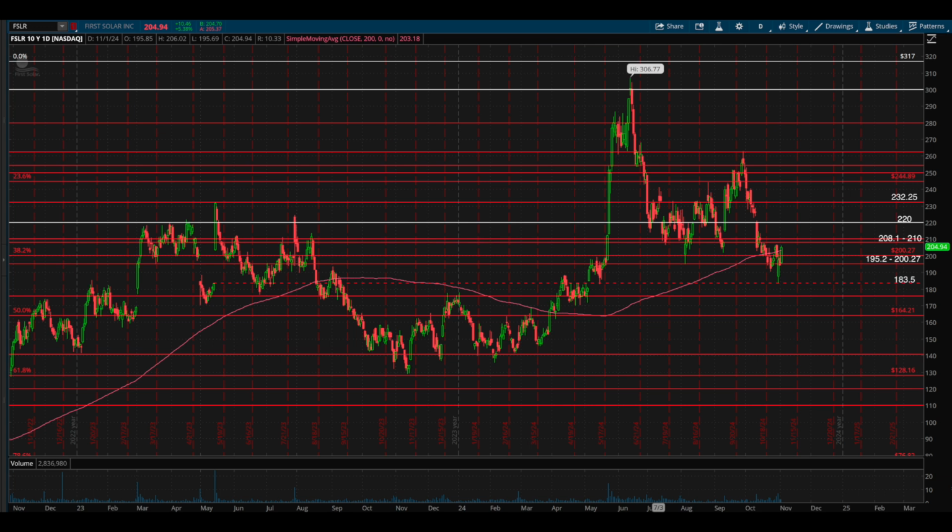My take is, though, if Trump wins, it will be a buyable dip, and I would not be surprised to see a dip and rip type move post-election. The key supports to watch below would be the 200-day moving average, 195.2 to 200.27, and then 183.5 as the levels of interest below. And on the upside, the next target levels above would be at 208.1 to 210, 220,